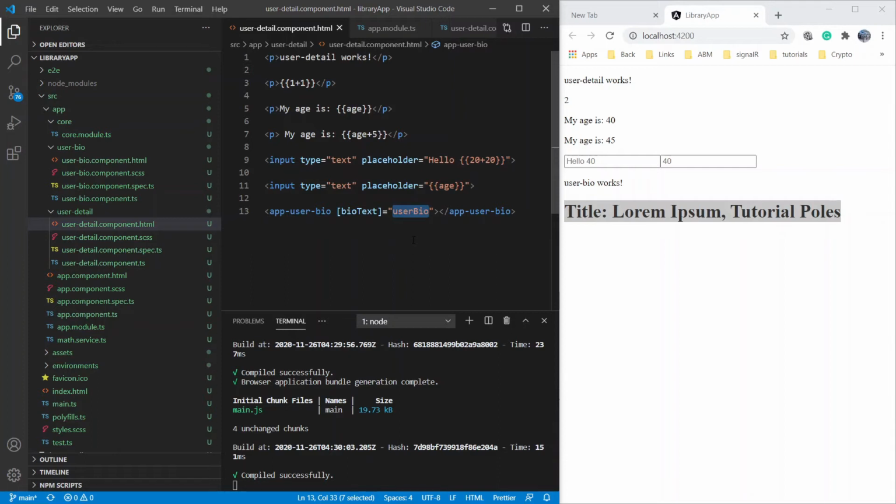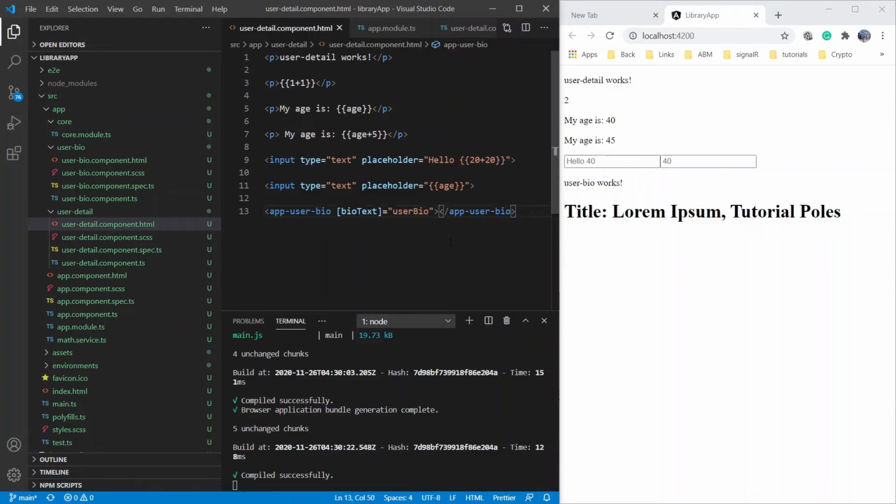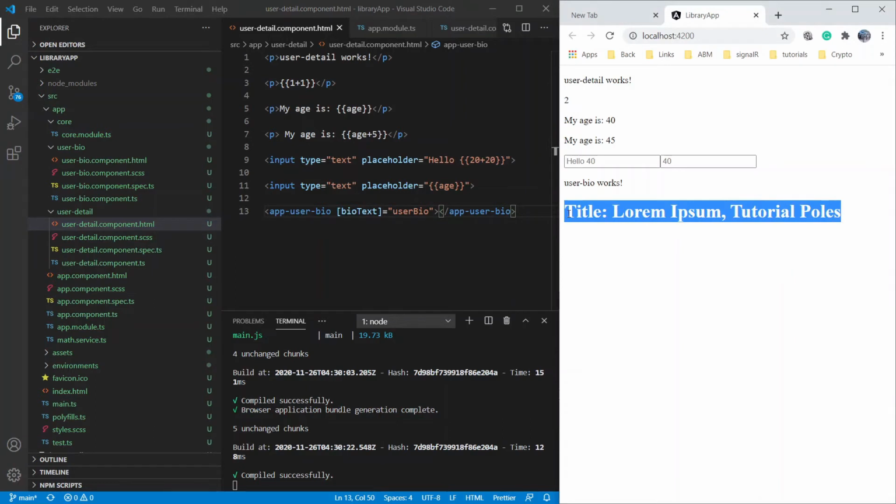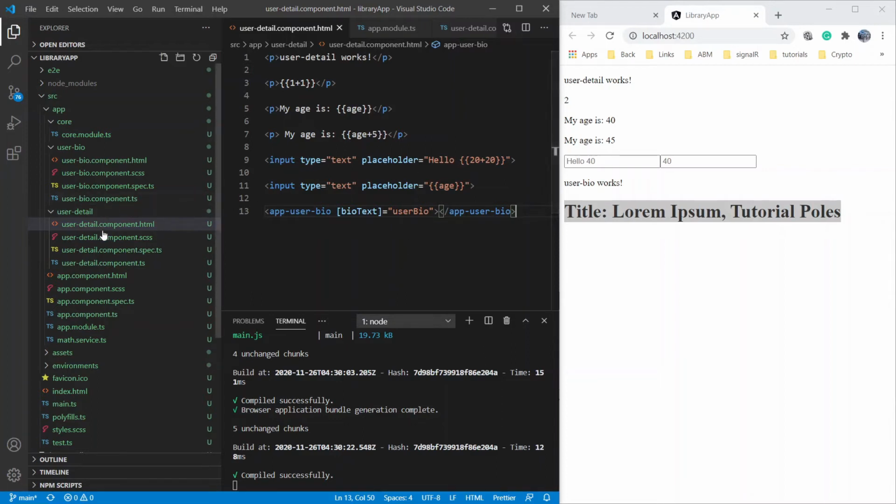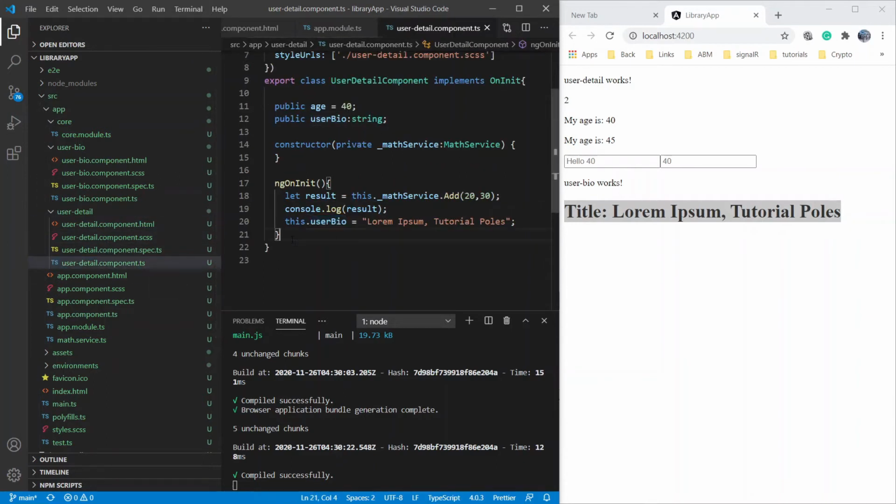That could be a component or from parent. What is parent scope we will see later. For now, let's save it and see the browser. UI has been changed and our value has been passed correctly to the user bio component. Now, whenever the value of user bio property changed inside user detail component, our user bio component will show the